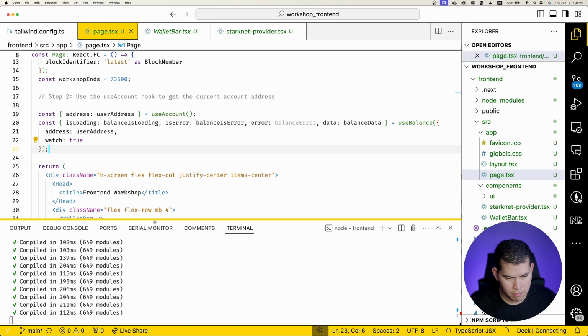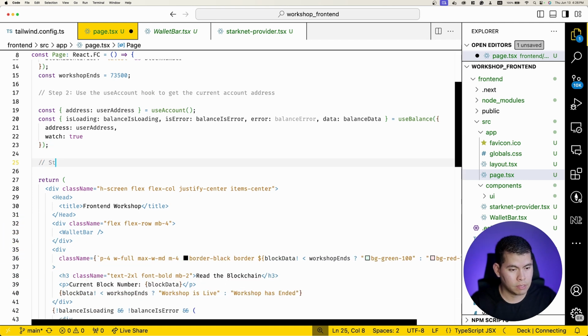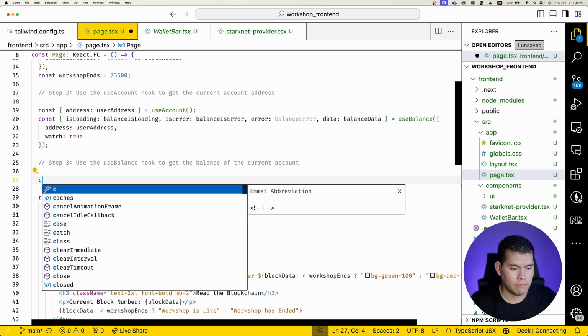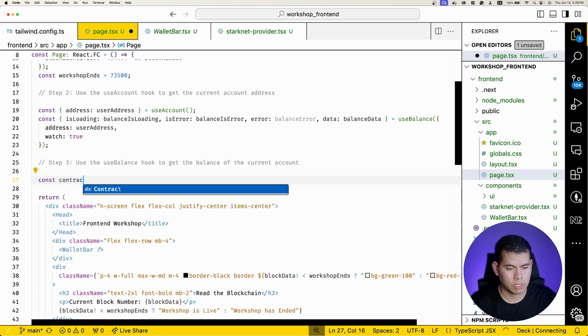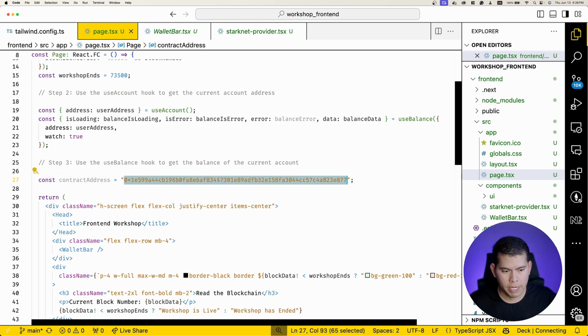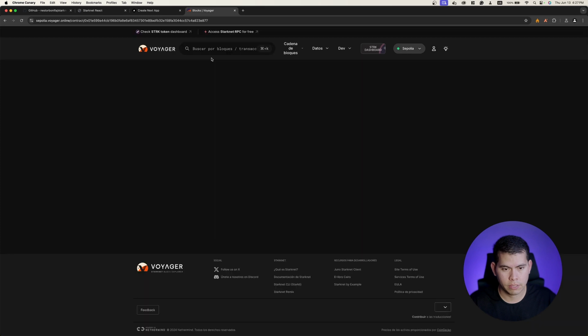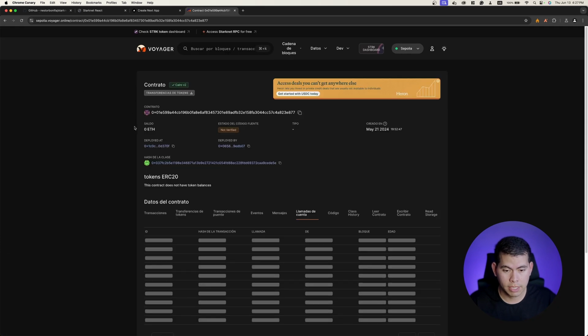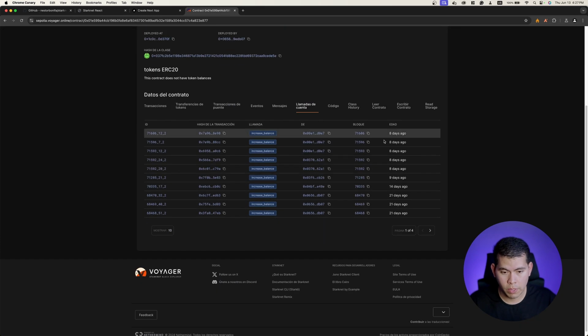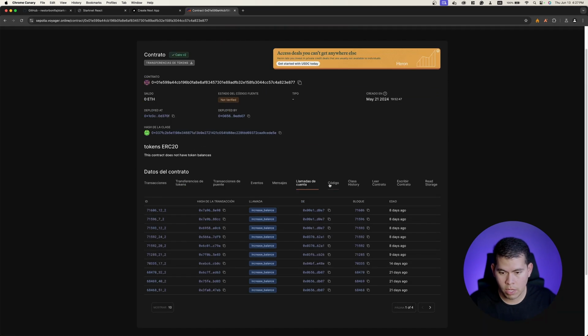Let's go and minimize this portion. Let's add some comments. Step number 3, create a variable, contract address. And this is gonna be this address. Just to verify, let's go to Voyager, let's go to Sepolia, and let's look for that address. This contract has been already deployed, and we have called this contract a few times, and we are gonna get